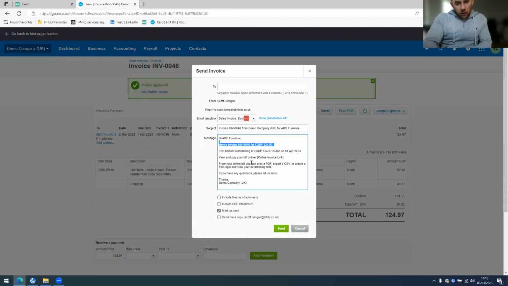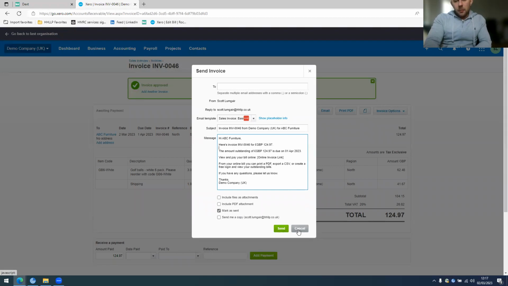What you can do is you completely customize this template. That's a bit more of a complex area, so we probably won't cover that today, but if you need any help with that, we're more than happy to help after the webinar, or if you have any questions later on. And what it will do is it will populate the information in these placeholders automatically. You can then mark the file as sent, include it as a PDF, as well as send yourself a copy if you really wanted to. So when you click send,